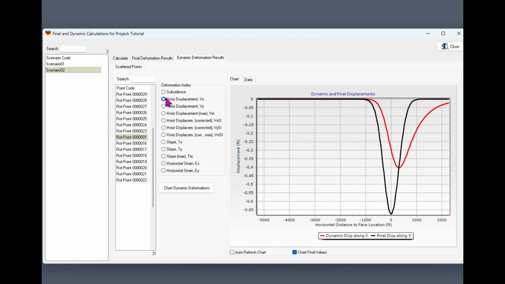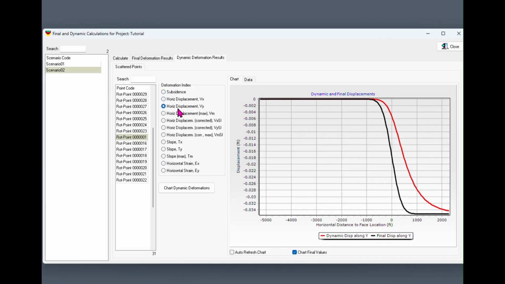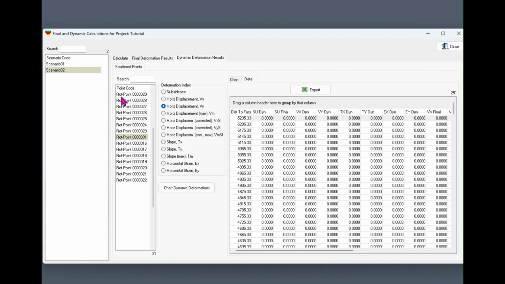The same can be charted for different indices. We can also take this data for a single point and export it to Excel. So that takes us through our dynamic calculations segment. The next segment will look at calibrating panels based on measured